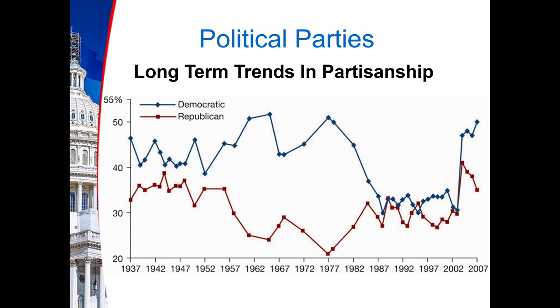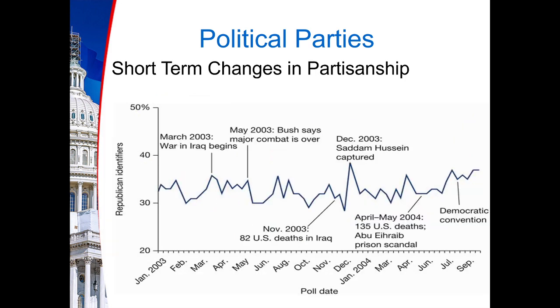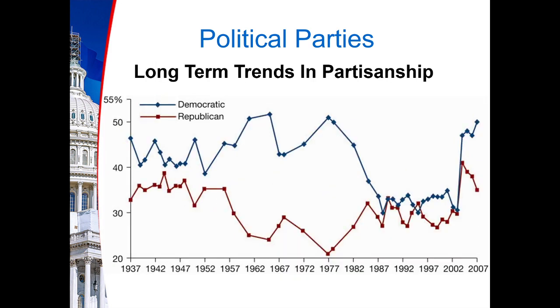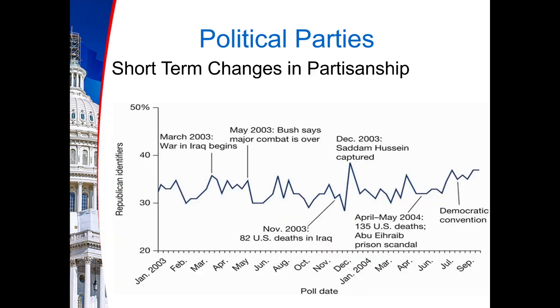So notice that over time, partisanship changes. The percentage of people who support the Democrats changes. The percentage of people who support the Republicans changes over time. This could be with particular events, major events, or with particular presidencies. So why is that, though? Why do you get these long-term changes? Well, when people say that they support a particular party, if that party becomes unpopular for any reason, then there's an increased likelihood that they will not support that party.